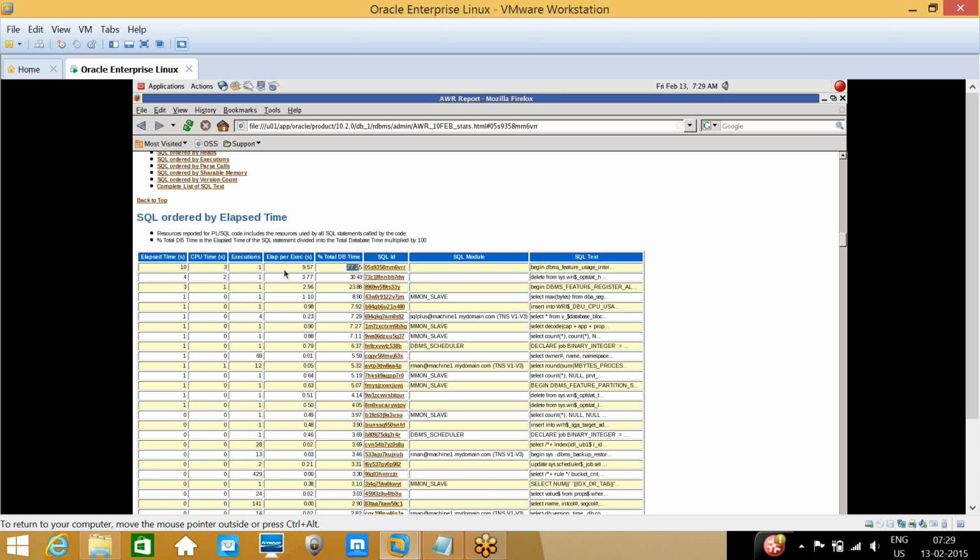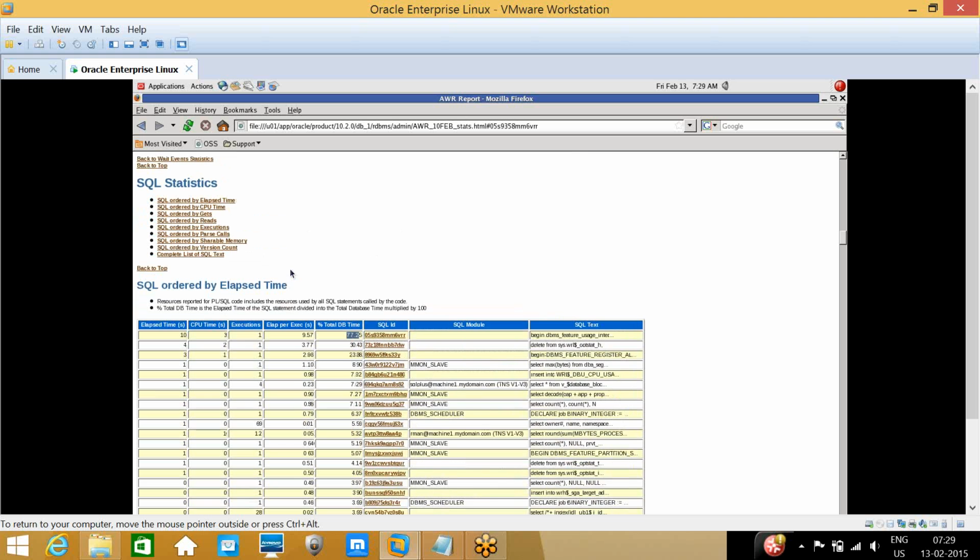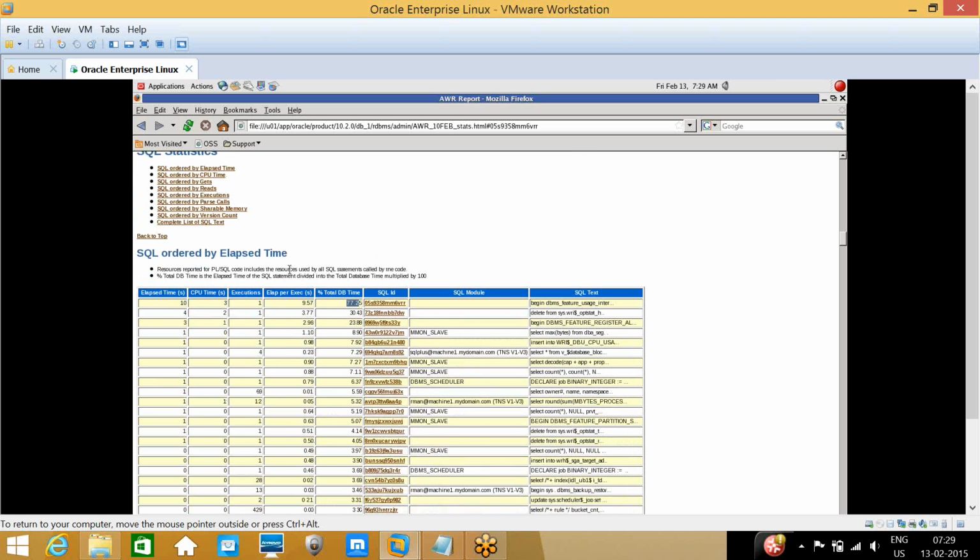Like yesterday, I have seen one of the queries in one of the AWRs. When I was checking the top 5 events, it showed DB file sequential reads and more physical reads. More physical reads means it is retrieving the data from the physical file, so obviously it will take more elapsed time.